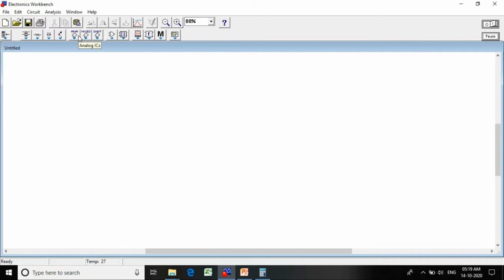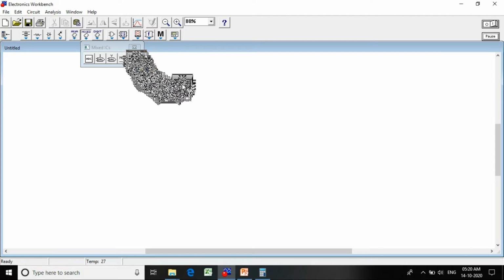So what are all the components we require in order to design an astable 555 timer IC circuit? We require one 555 timer IC. You can get the 555 timer IC here. You just select it and drag and drop it on this window.